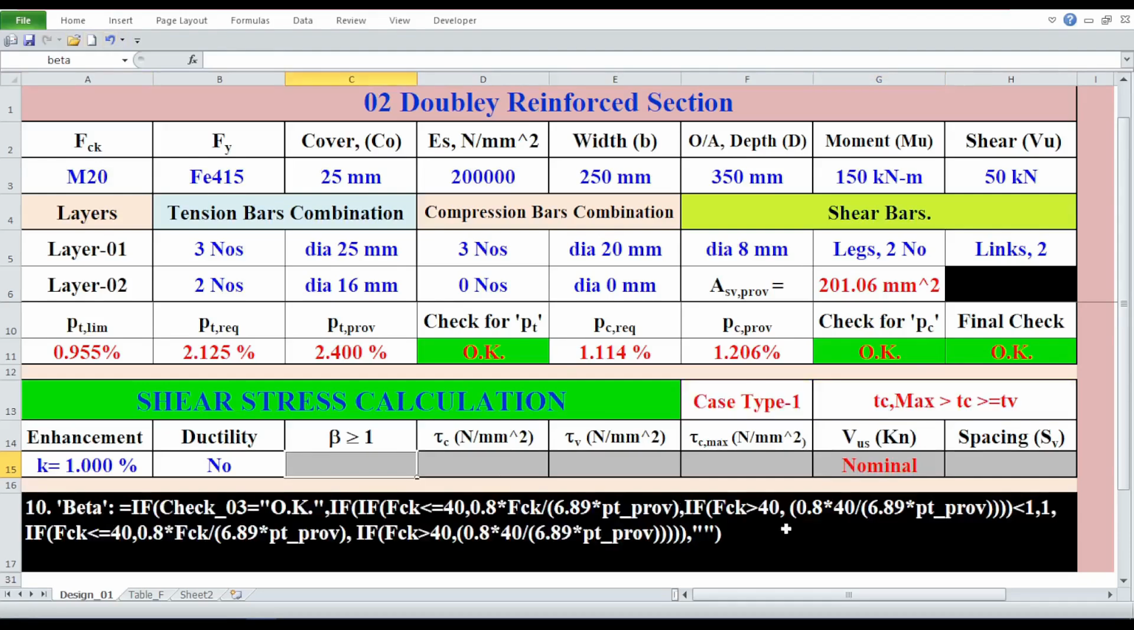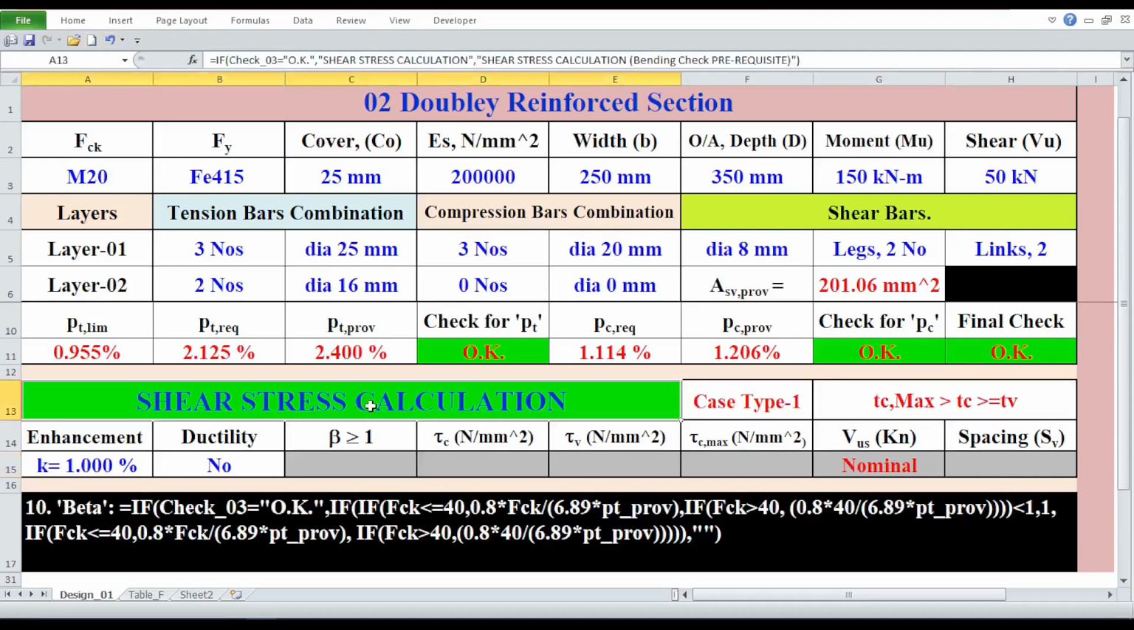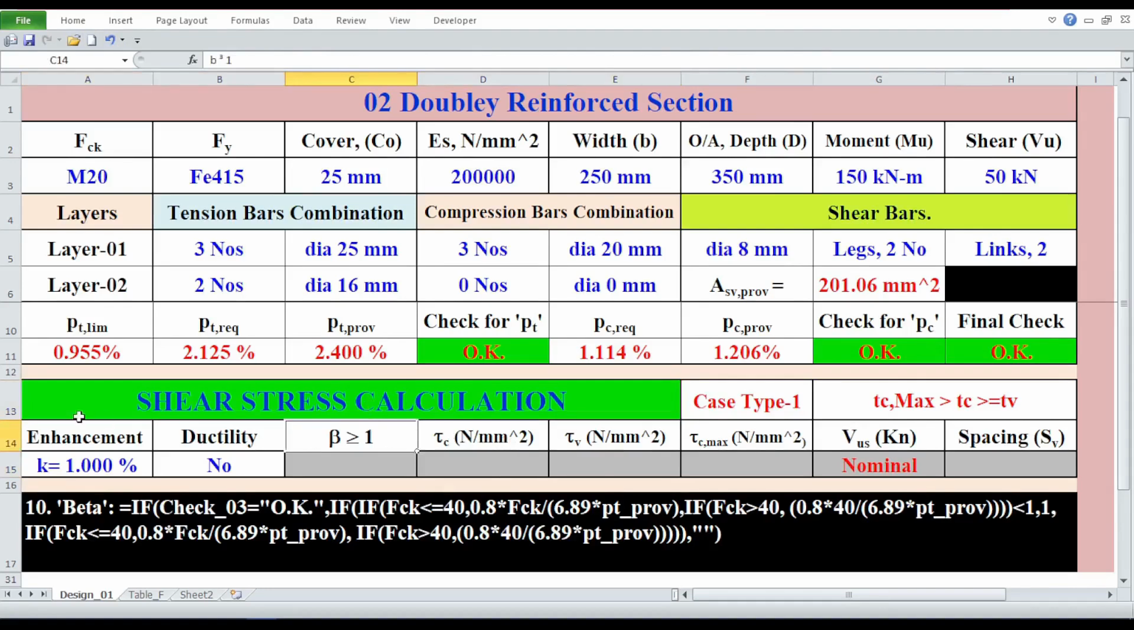Now, switching our focus to the heading, shear stress calculation. We're looking at 8 cells with distinct headings, enhancement, ductility, beta, greater than or equal to 1, tau c, with unit Newton per square millimeter, tau v, with unit Newton per square millimeter, tau c max, with unit Newton per square millimeter, VUS, with unit kilonewton, and spacing,